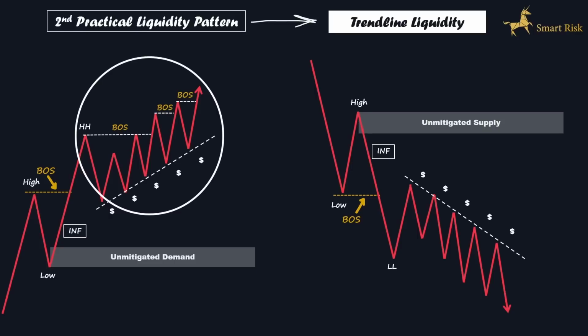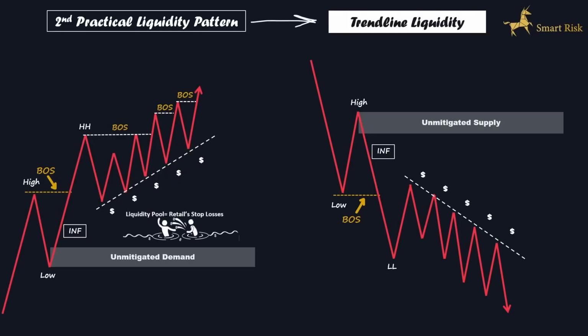In this scenario, the price is slowly moving upward while forming new higher highs and higher lows that are in close proximity to each other. As a result, a trend line is generated by these minor highs and lows. Retail traders who rely on trend lines and chart patterns enter the market every time the price touches the trend line, placing their stop losses just below it. This approach results in the formation of a substantial liquidity pool positioned just below the trend line, waiting to be